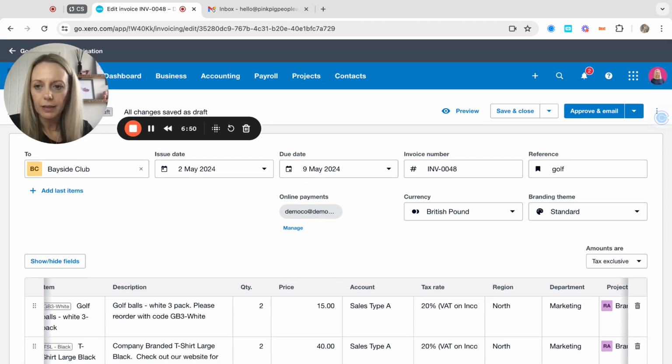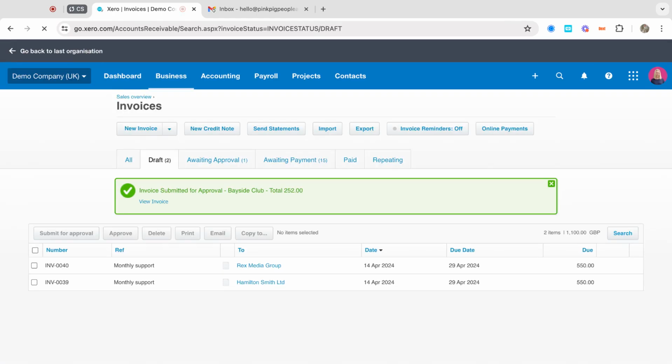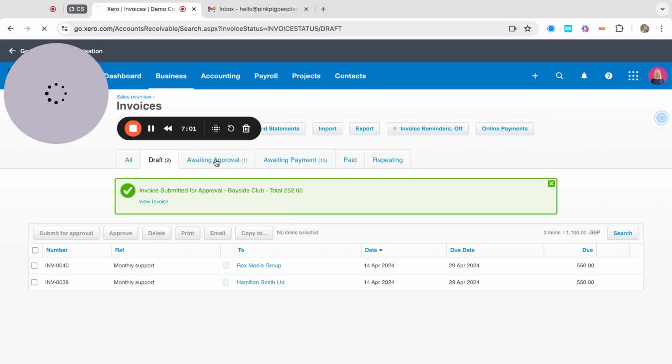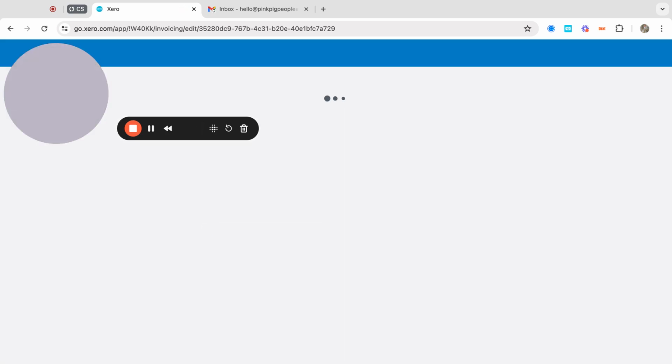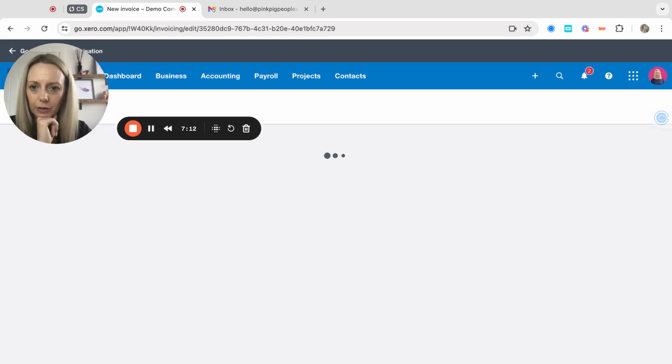So I've drafted this, but I only need my manager to just check it before it goes. So I am going to submit it for approval. So what you'll see now is it's now moved into this awaiting approval. So now I am the manager and I'm coming on and I'm going to have a look at it. I'm going to check it over,